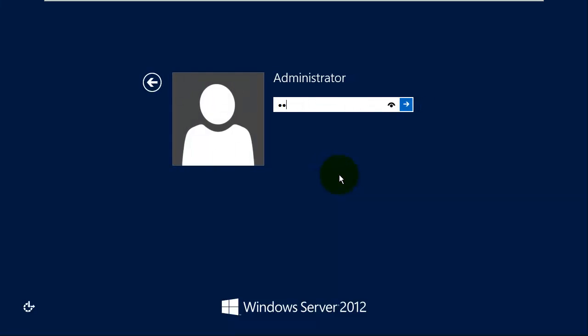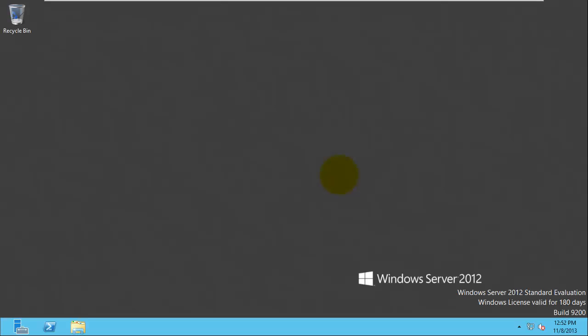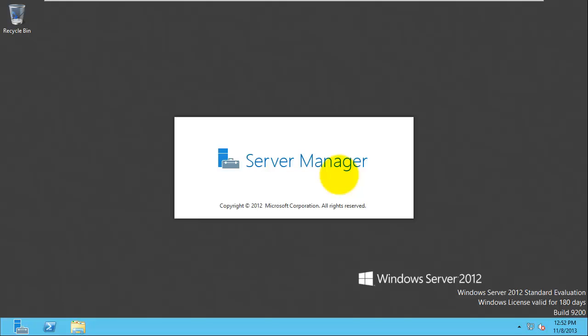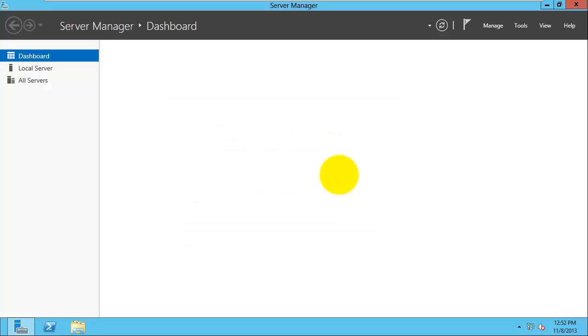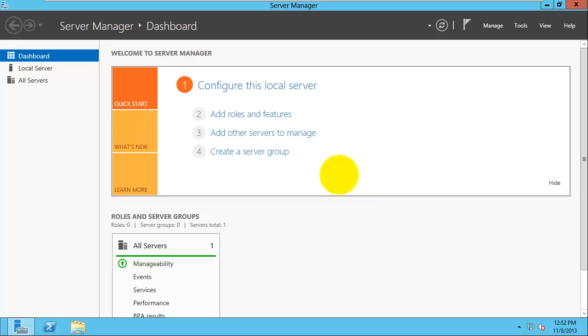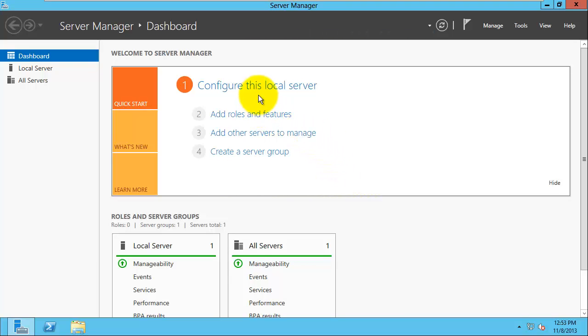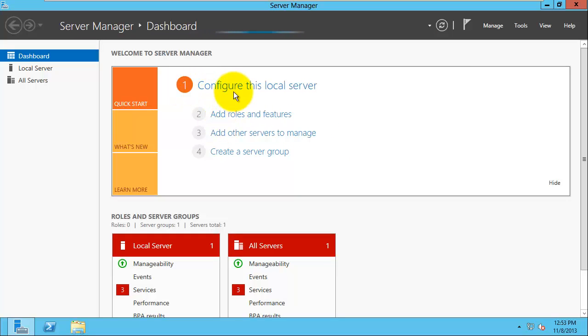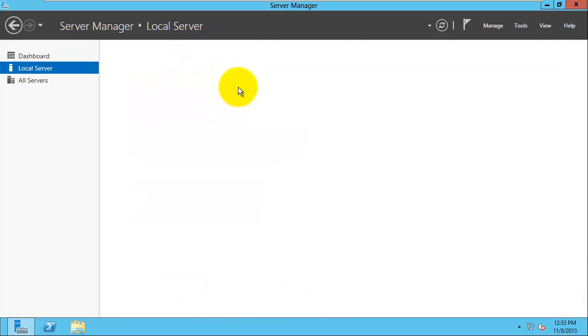When I come back to the login screen, I can hit Control-Alt-Insert again. Log in with my password for the administrator account. I wait for Server Manager to launch automatically. And now I do want to customize some of the server configurations. So I want to configure this local server. It's the first option under my dashboard. So when I click on Configure this local server,